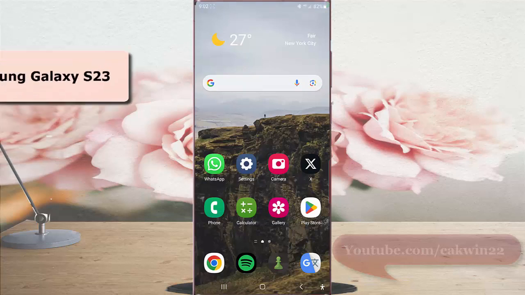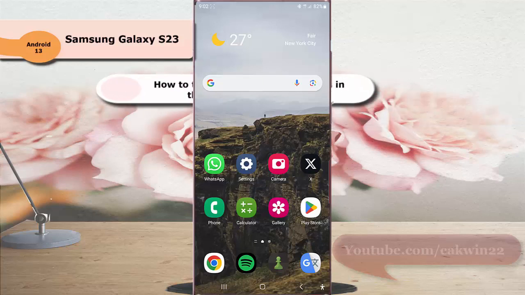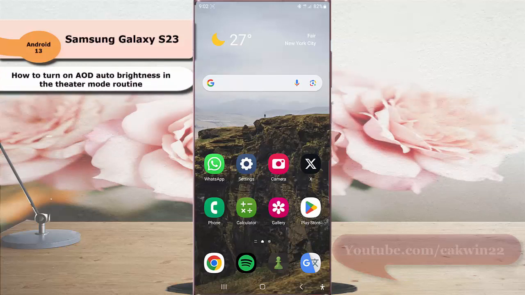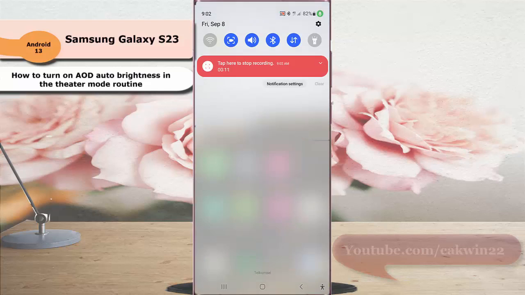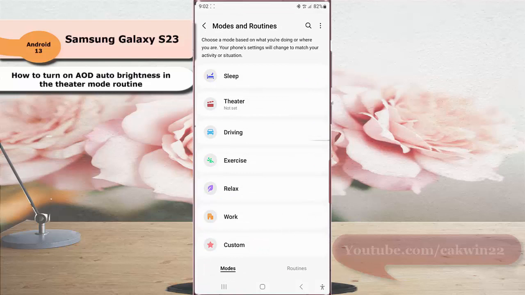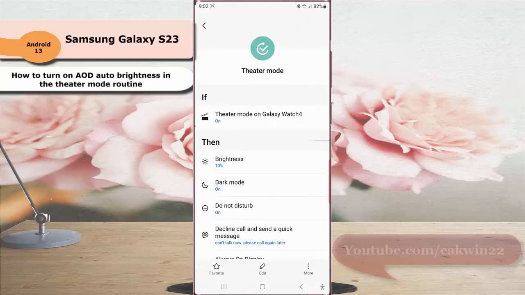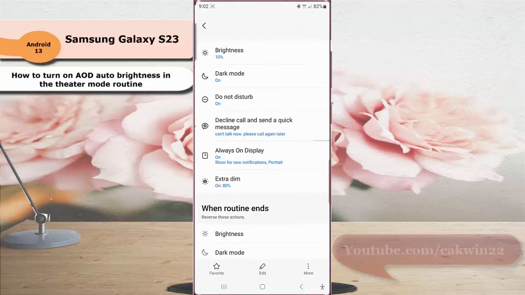To turn on AOD auto brightness in the theater mode routine on the Samsung Galaxy S23 Ultra, swipe down from the top of the screen and then tap the settings icon. Tap Modes and Routines, and then tap Routines. While you are on the Routines screen, tap the Theater mode routine, scroll down the screen, tap Always On Display,